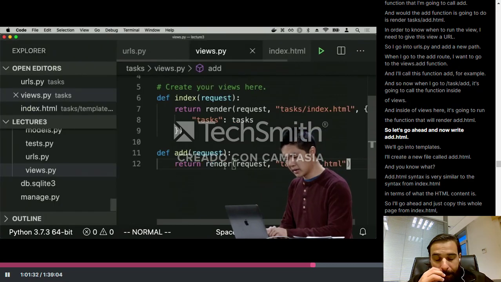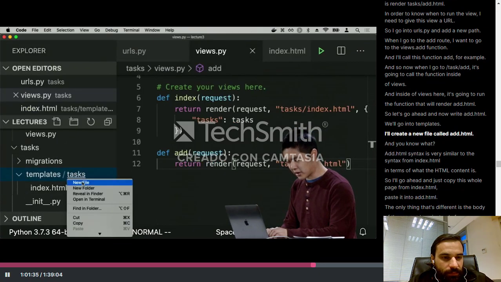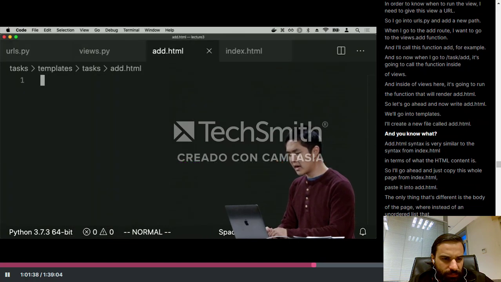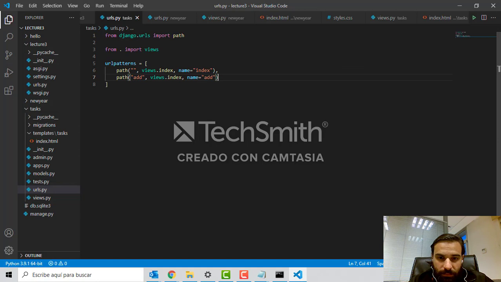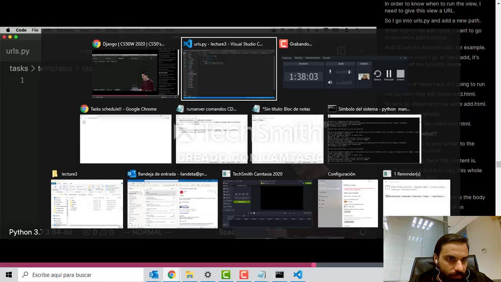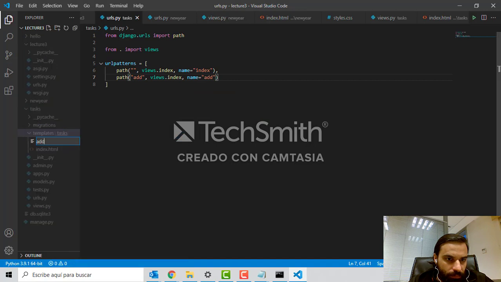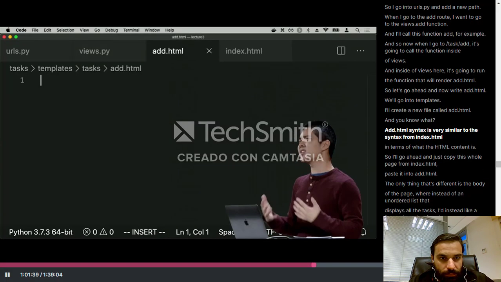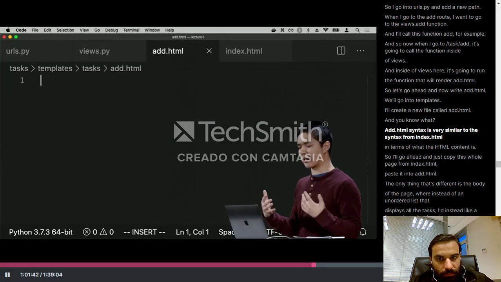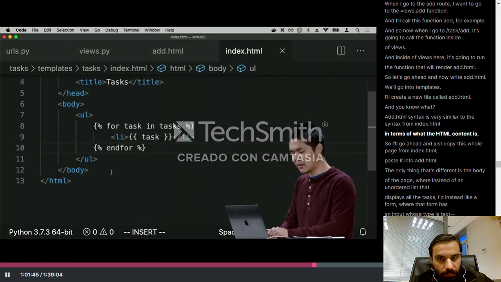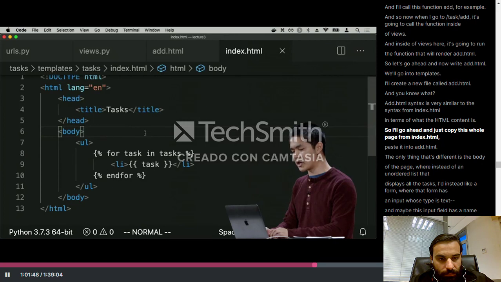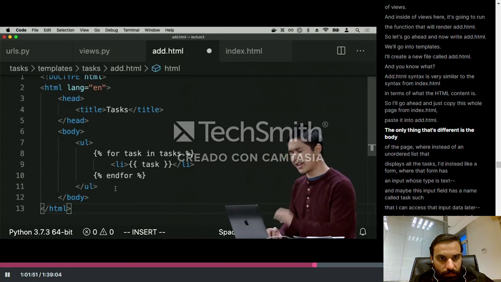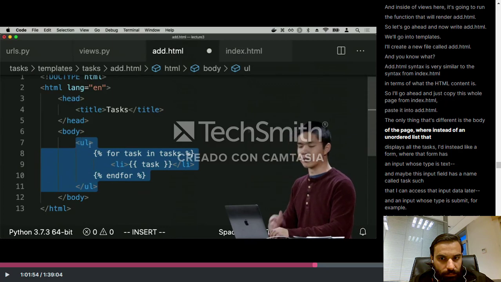So let's go ahead and now write add.html. We'll go into templates. I'll create a new file called add.html. You know what? Add.html syntax is very similar to the syntax from index.html in terms of what the HTML content is. So I'll go ahead and just copy this whole page from index.html, paste it into add.html. The only thing that's different is the body of the page, where